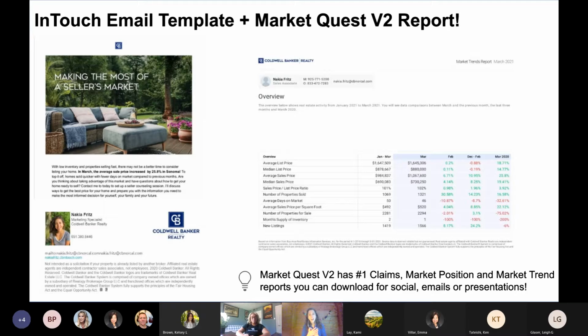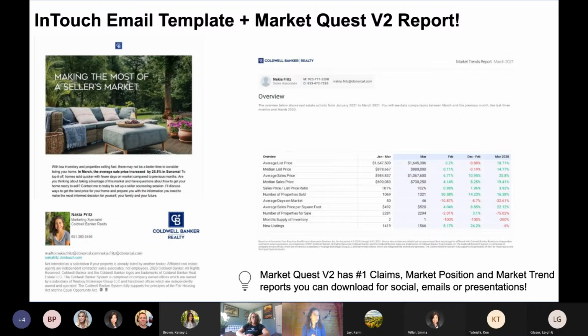And I know for me, I'm a big person that likes stats. Especially with those clients that you're maybe talking with about selling their home, if you hop in there, InTouch, as you know, has your CRM, your marketing center, and your website. That marketing center, when you first get in there, has that little keyword section. In addition, down below, it has the areas that you can search for sellers or buyers, whatever category you're looking for. So I hopped in there and looked at the sellers section, which brought me this beautiful